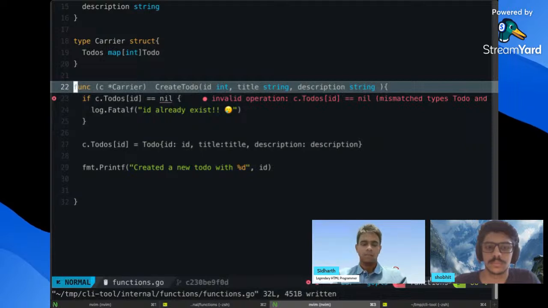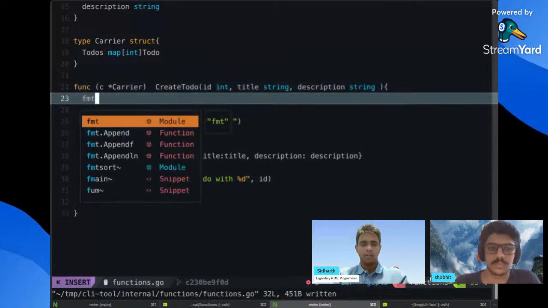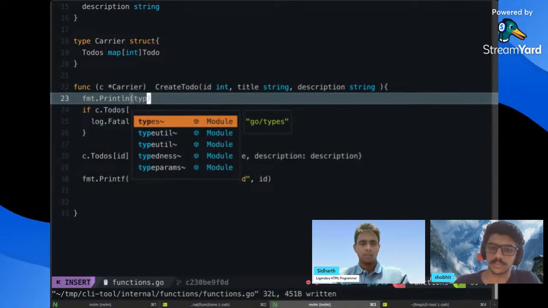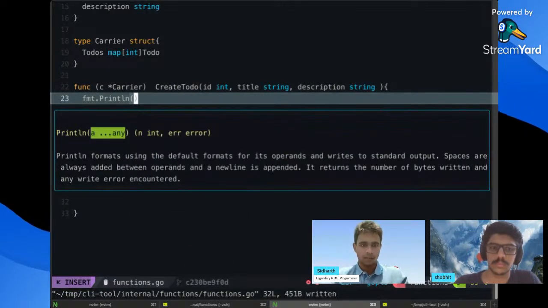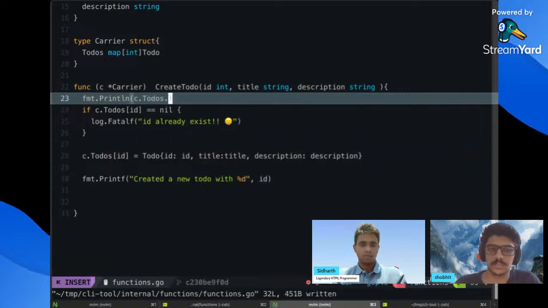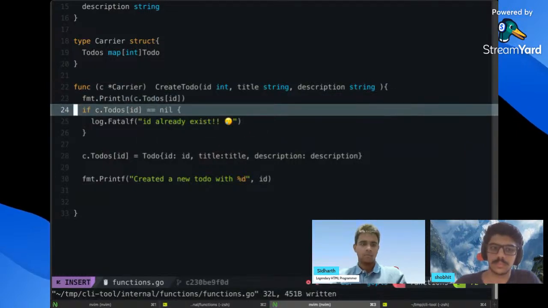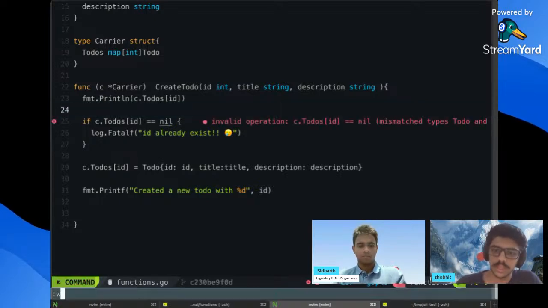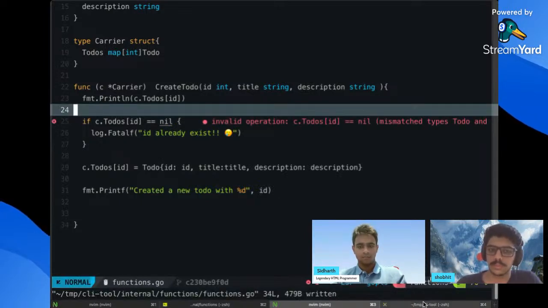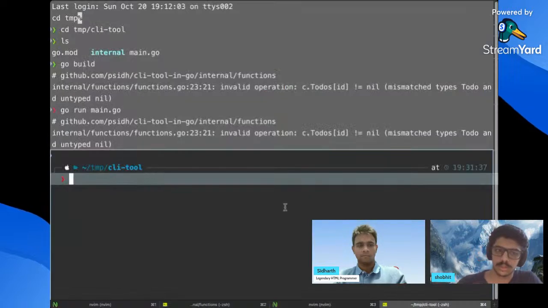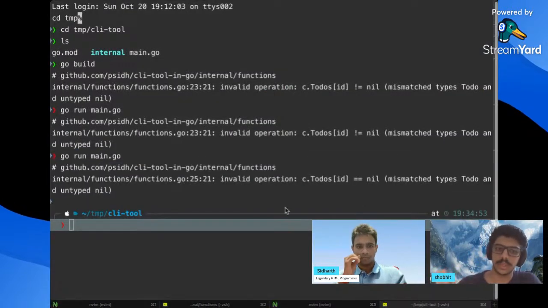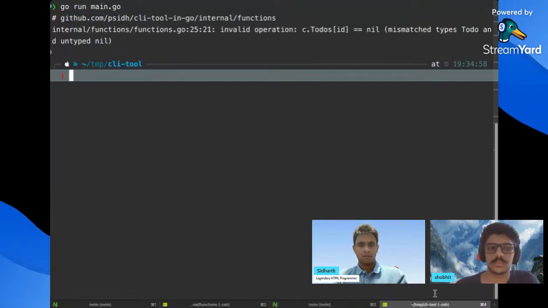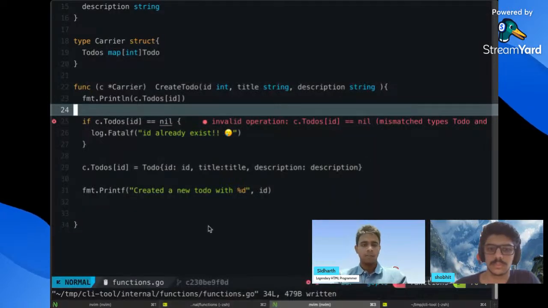Okay, so before reaching here, we can type fmt.Println and print c.todos of id. It's fine. Now if this is throwing an error, then we can comment it out. If the if condition is giving an error, we'll comment it and see what the value of c.todos is. Okay, so if the thread panics,